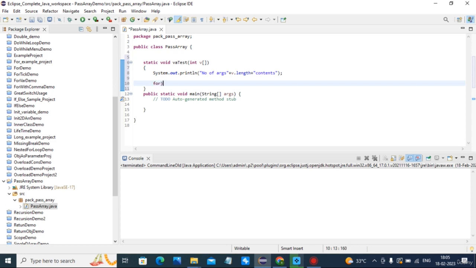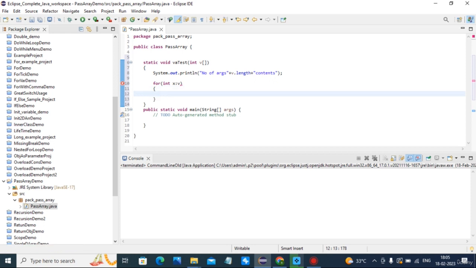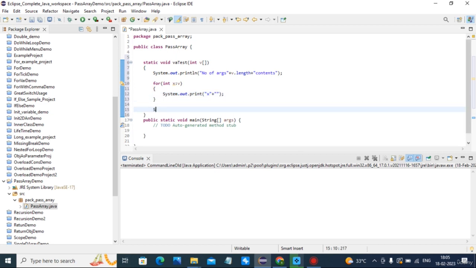I'm typing this code and explaining: for int x colon v, what I'm doing is x plus, only system.out.print, and after this for the loop I write a new line, system.out.println. In the main, now I create 3 arrays.